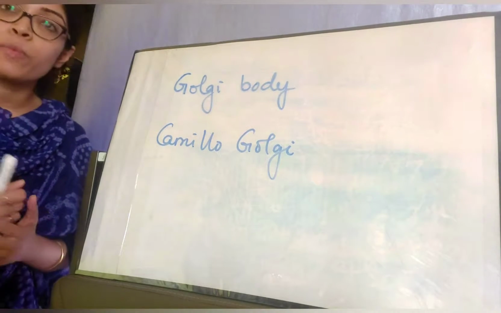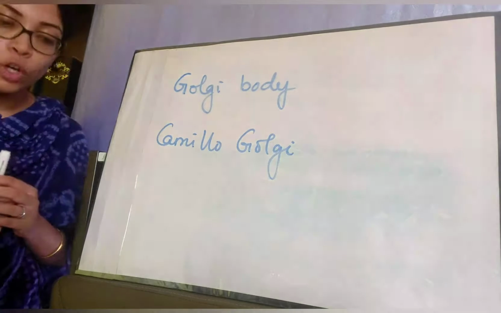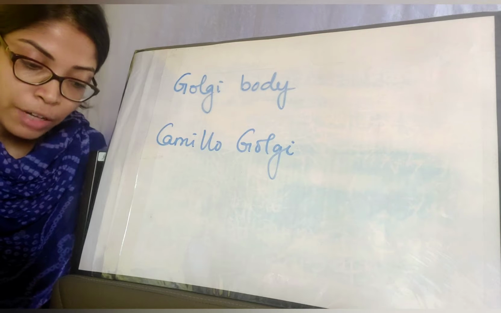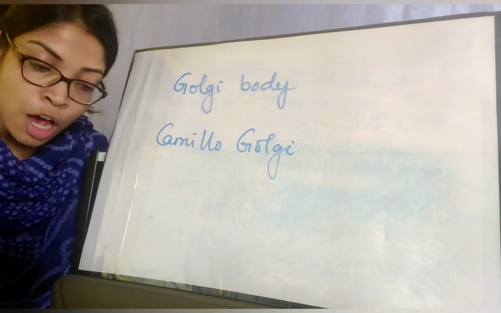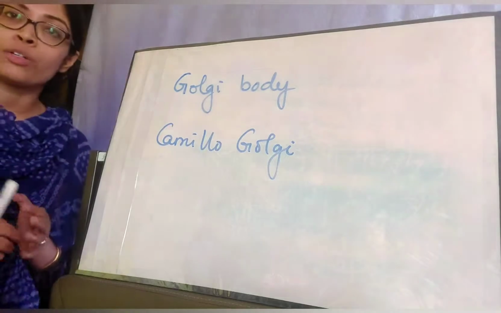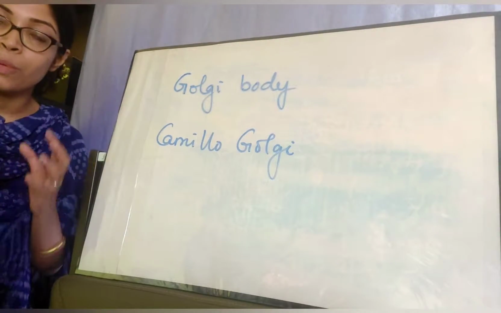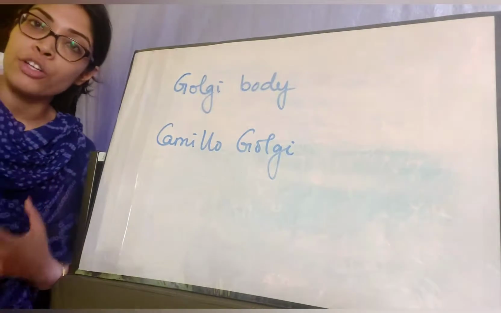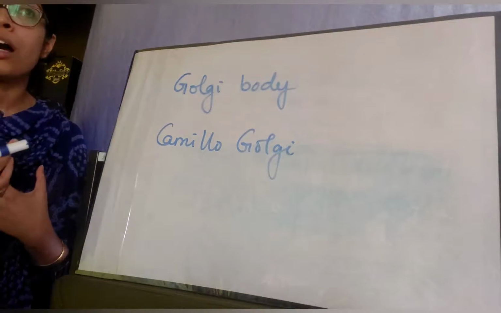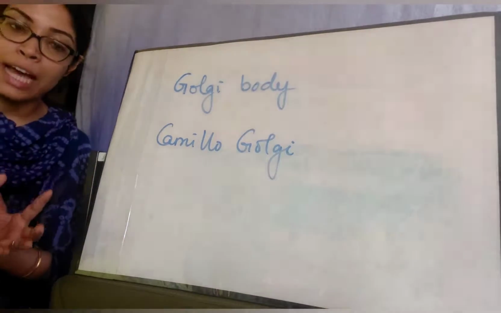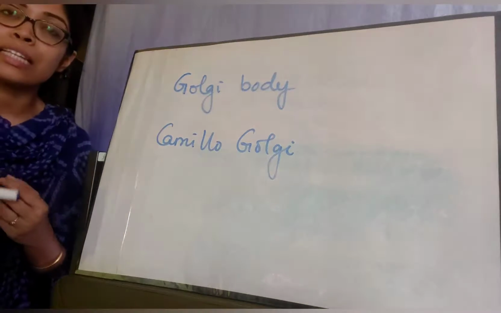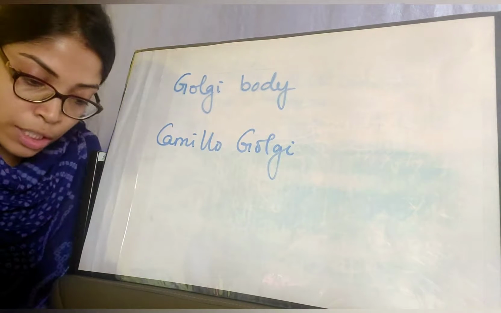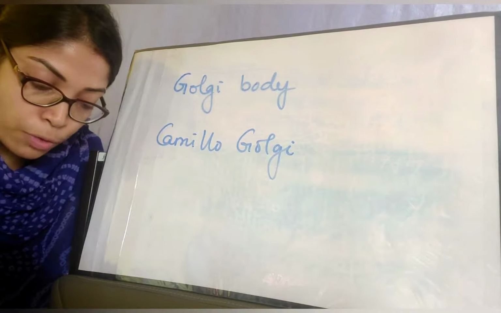of Golgi body. So from the definition only you got to know that the main function of Golgi body is secretion. So here also in your book, page number 6.28, the functions of Golgi body, the first point you will find is formation of secretory vesicles. So you all know that vesicles are found within the ultrastructure of Golgi body. Vesicle is one of the components, right? Now what is the function of these vesicles? They basically act as secretory organs, means they secrete some enzymes or some chemicals that are needed for the cell. Okay, so the two terminal ends of the Golgi cisternae are pinched off to form secretory vesicles.